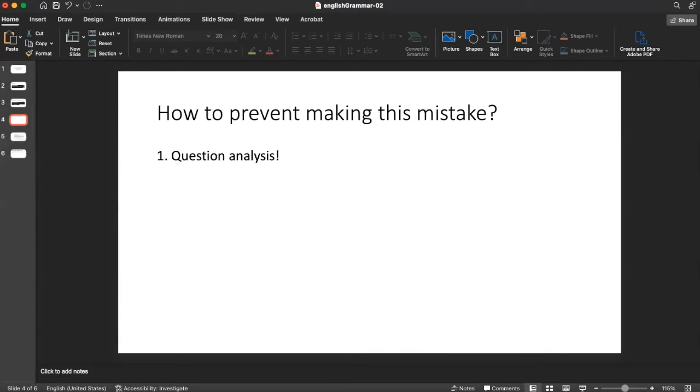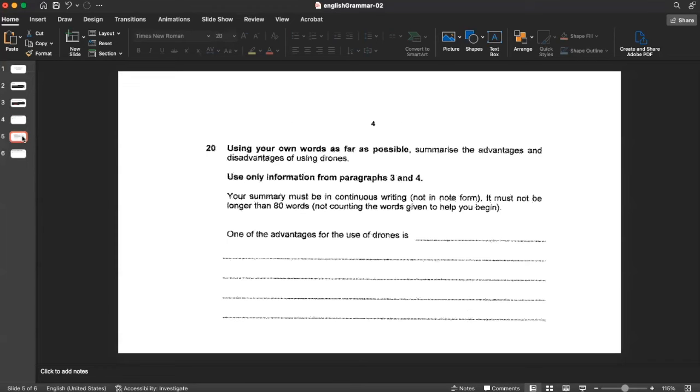This may seem very, very simple and intuitive, to the point that you don't even want to follow. But the thing is, this is tried and tested, okay? Even professional writers do this. So why shouldn't you? Why shouldn't we? So at the stage when you are reading the question, that is the question analysis stage, you should be very careful about the instructions and the first few words the question provides to start off your summary.